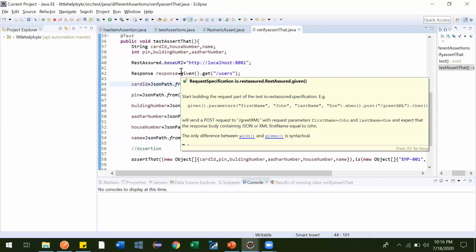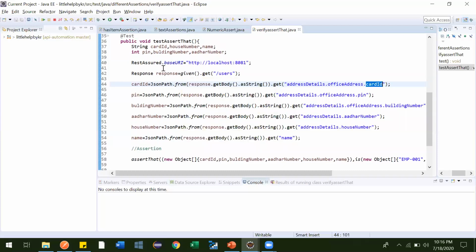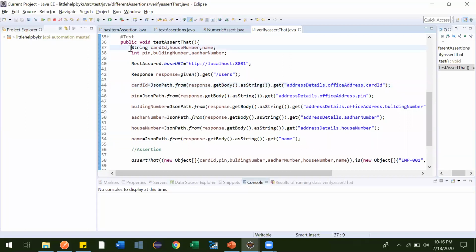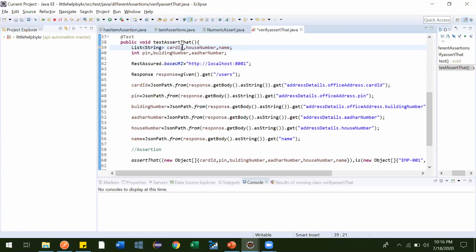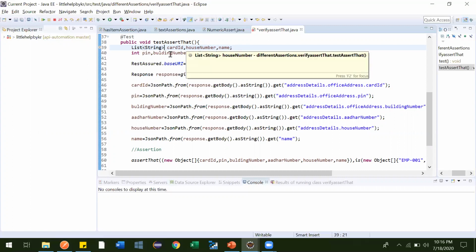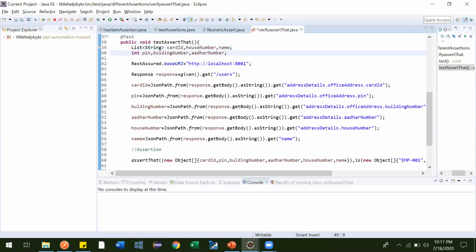So instead of keeping it as a string, we'll make it a list. Let me make it a list like this and import the necessary java.util, perfectly fine. So this is the card ID, house number and age, and this will also come as a list only, a list of integers.